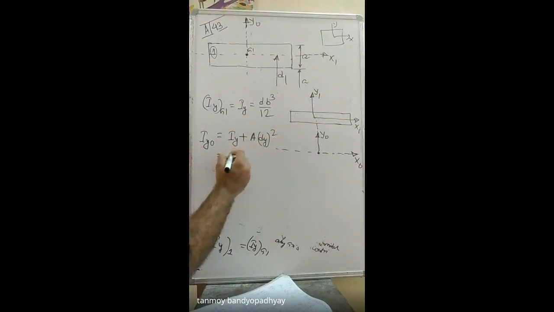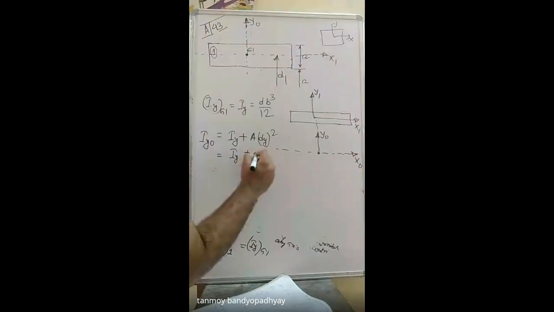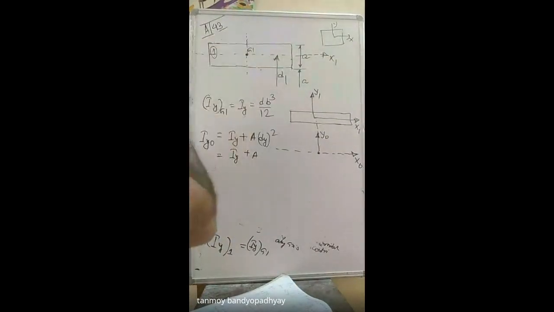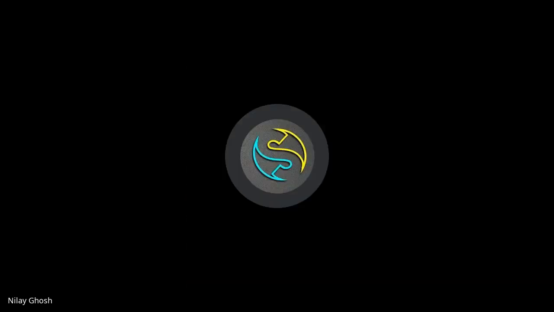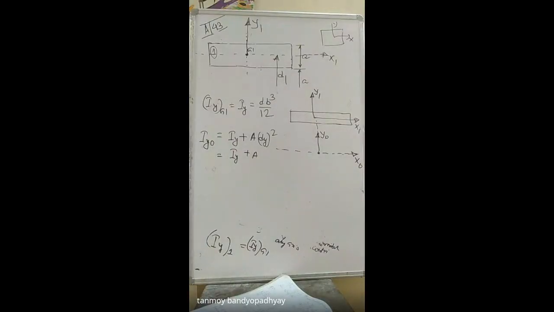So that is equal to whatever is the value of Iy, that is Iy0. Plus A into, look, these two are coincident, so the axis of the system are coincident. So y1 and y0 are coincident. I did not separate them and had named it in one place, so just put it as y1. Since it is lying on the same line, the value becomes 0. If both are the same axis, then you don't need to add on.